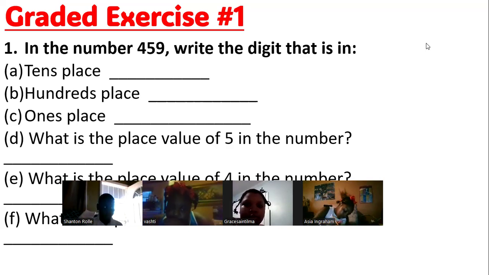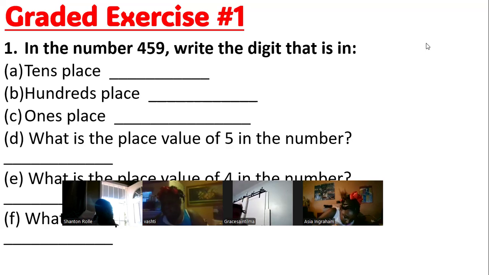So I got... Grace, you sent in your work, right? Yes, sir. Okay, I need you to use a ruler to draw your lines. Make sure you draw your lines with a ruler. All right. I see. Yes, sir. Okay, so what I need you to do, for those of you who are finished with this,